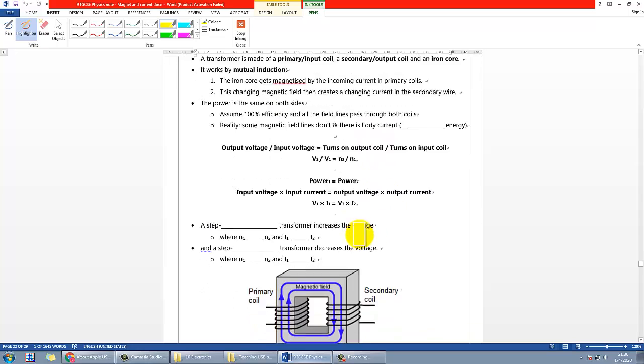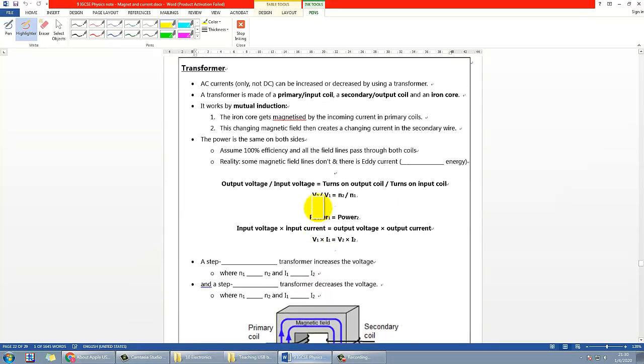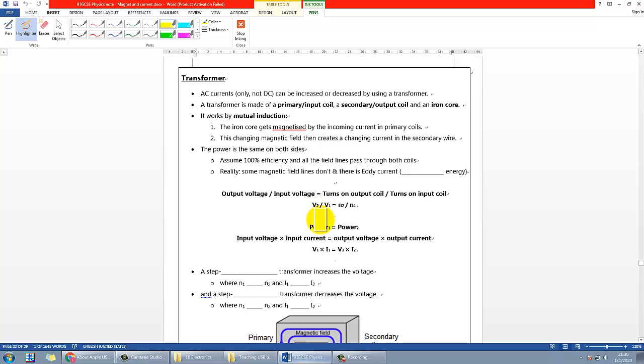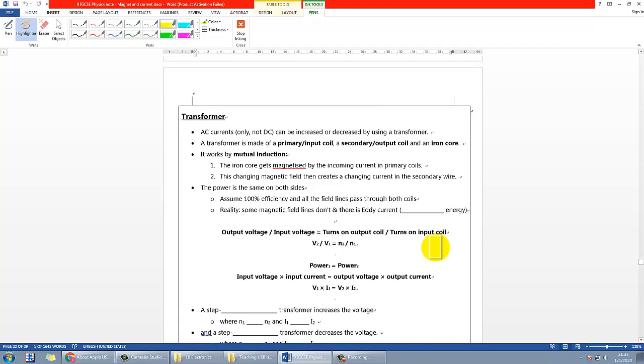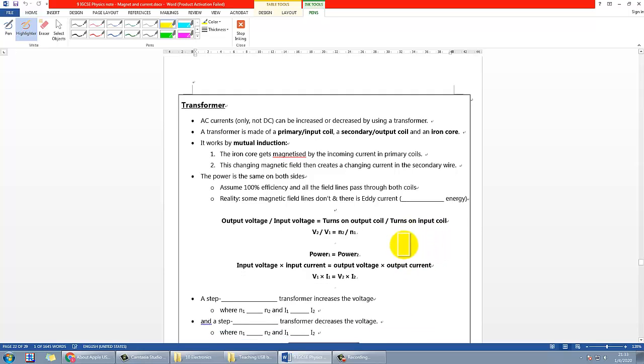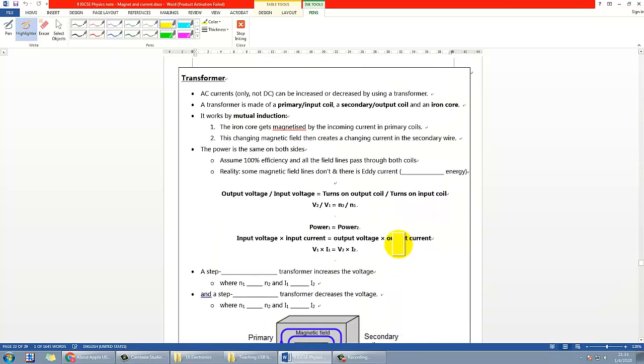Okay, so before I explain these two pages, I would strongly encourage you to pause the video now and take a look at the textbook, try to find out all the answers first. Okay, so let's take a look at the basic principle of the transformer first. First of all, you have to realize that in the experiment also, I mentioned that for a transformer, you have to use AC. If you use DC, you cannot have any result. You just waste your energy.